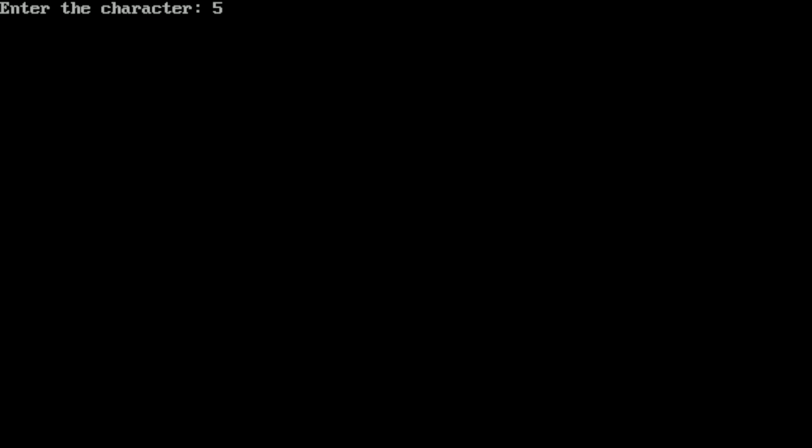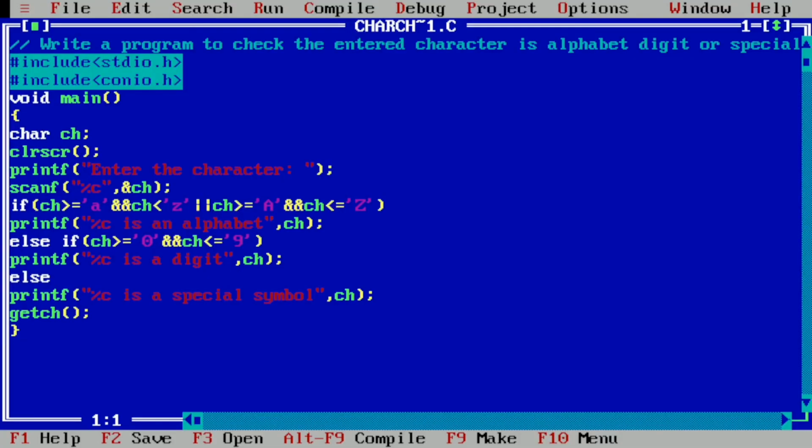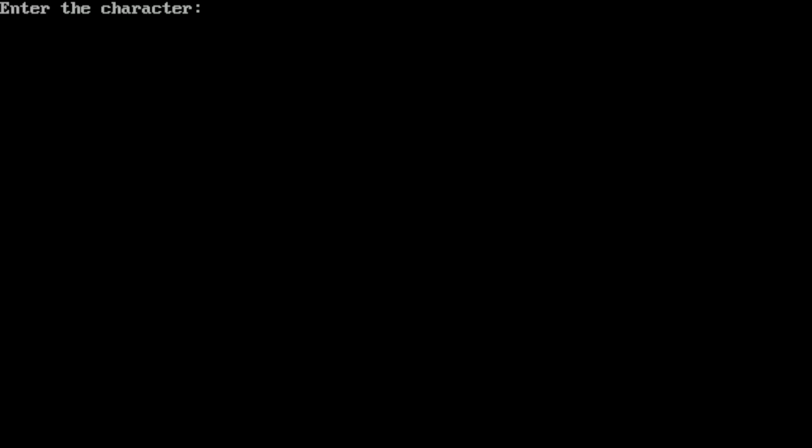This time I'm going to enter the digit, that is 5. Next I'm going to press enter. Here you can see 5 is a digit. Next, one more time we are going to run this program by pressing Ctrl F9, and this time I'm going to enter a special symbol, question mark, and then I'll press enter. Here you can see it is displaying question mark is a special symbol.